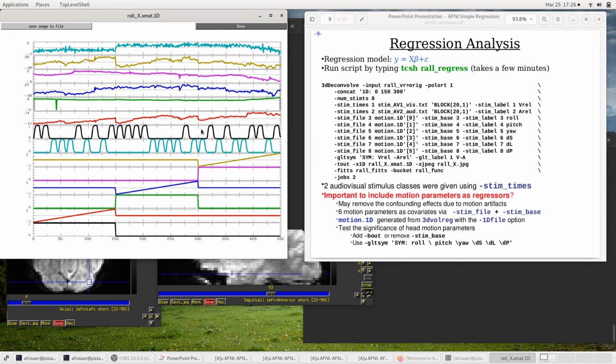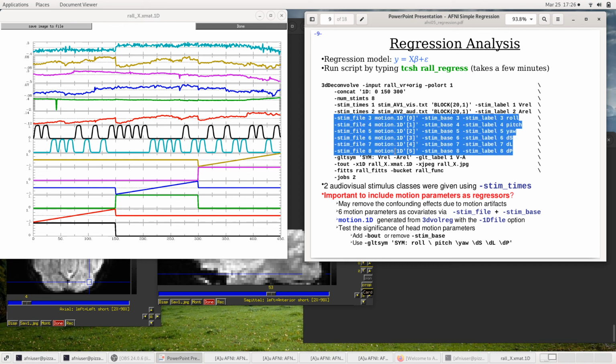Next come our two regressors of interest. On these two lines here, we have first the visual reliable. Remember, the first event didn't happen until 1 minute into the first run. In that minute, we had no stimulus events. So there's the visual reliable idealized response curve and the auditory reliable idealized response curve. And then after that, we have our motion terms. 6 lines of motion,